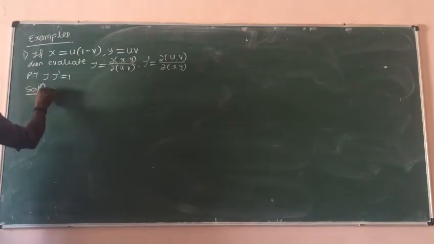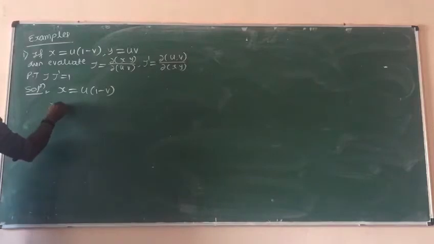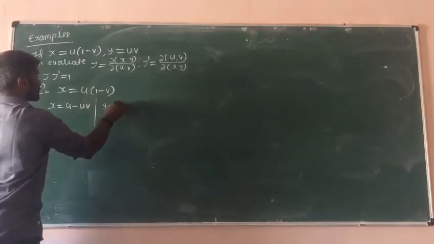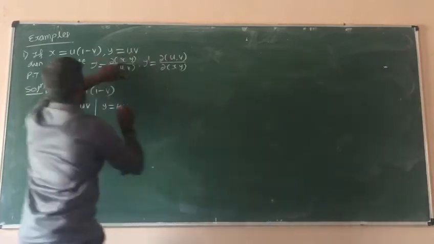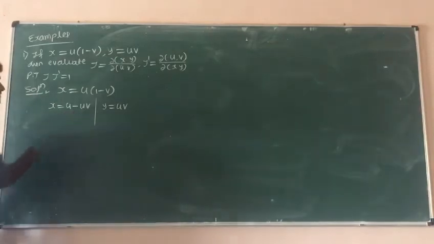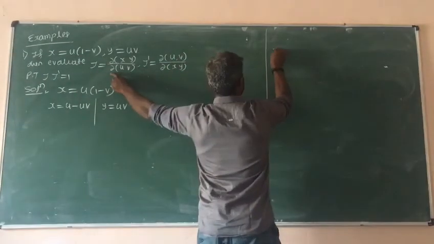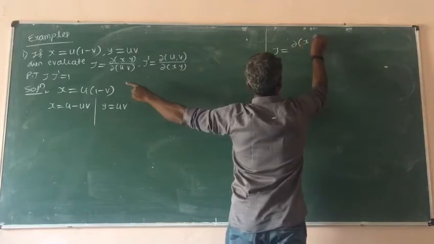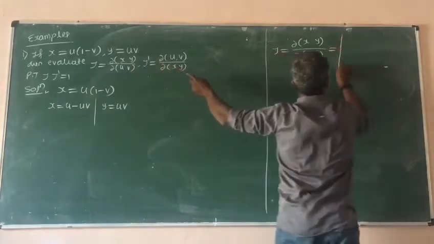Solution: x is equal to u(1 minus v), so x is equal to u minus uv, and y is equal to uv. We need to find J, the Jacobian of xy divided by uv, right? First differentiate partially with respect to u and v, because I want to find J is equal to ∂(x,y) divided by ∂(u,v), that is equal to the determinant of ∂x/∂u,